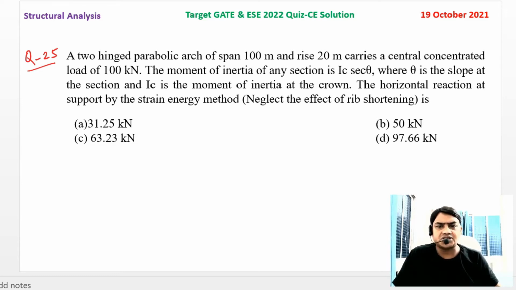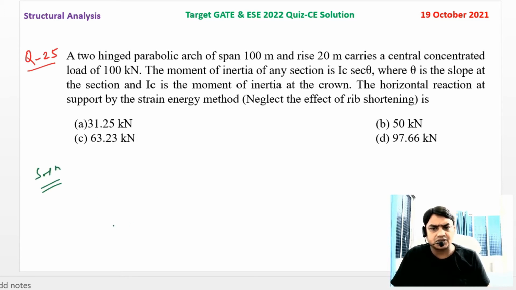The horizontal reaction at the support is to be found by the strain energy method, neglecting the effect of rib shortening. The options are 31.25 kilonewton, 50 kilonewton, 63.23 kilonewton, and 97.66 kilonewton. So for a two-hinge parabolic arch,